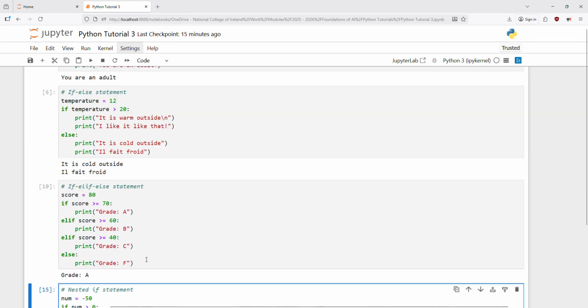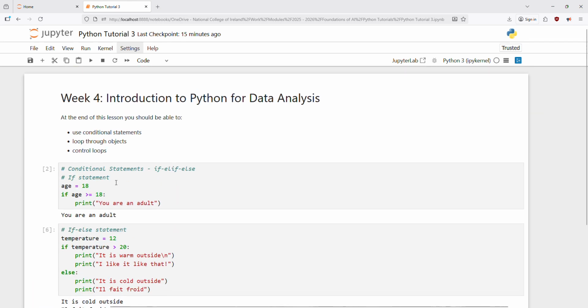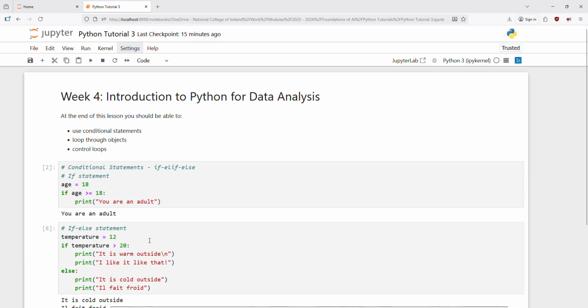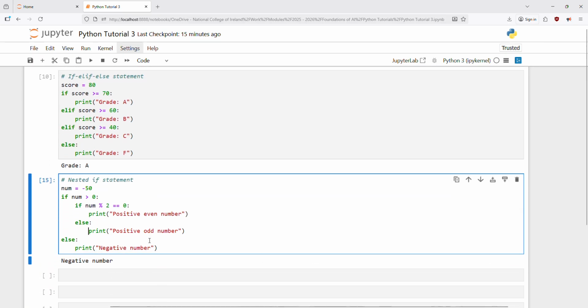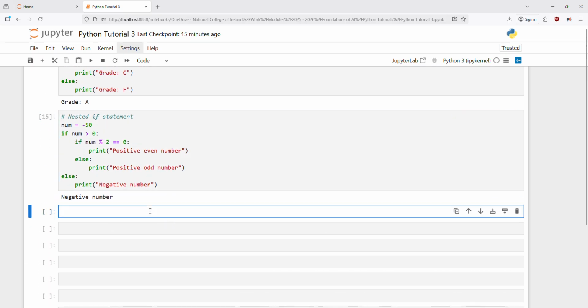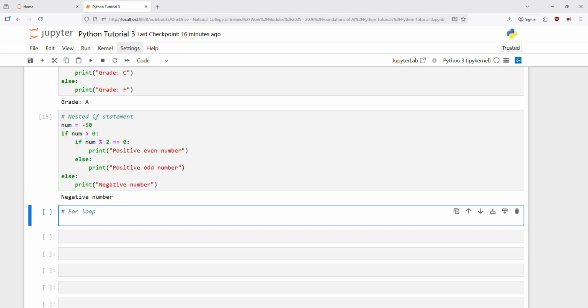Okay. So this is the if statement. Very simple, very useful. If, else if, or elif, and then else. Very useful commands. So now we will look at loops. The most common loop is a for loop. A for loop is really useful for looping through things. So here's an example. If we want to loop through a range,